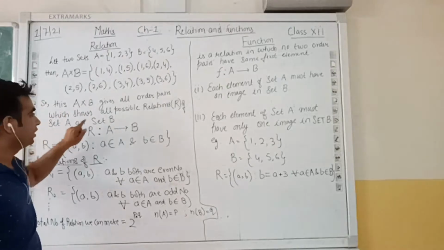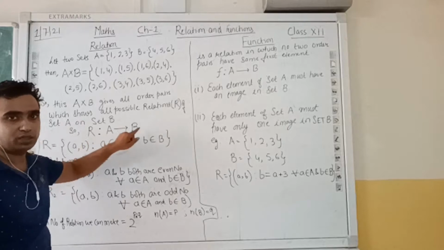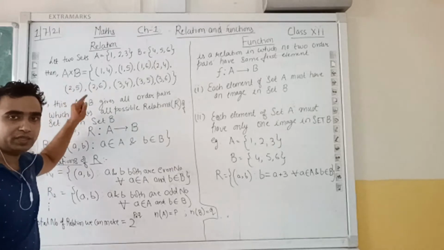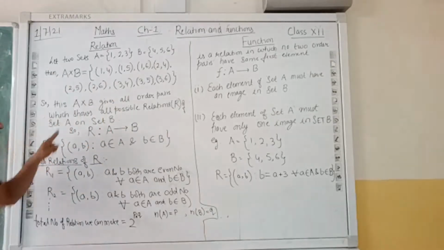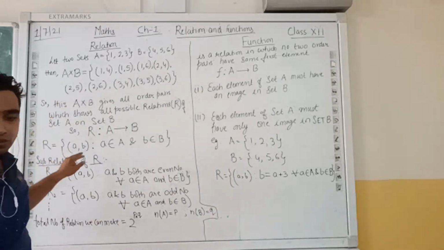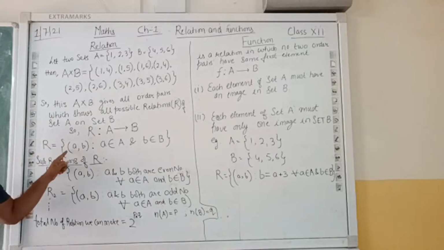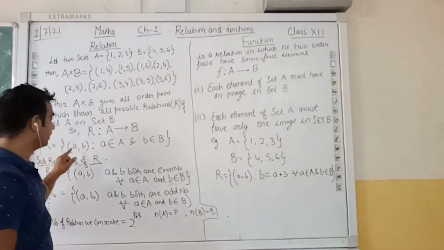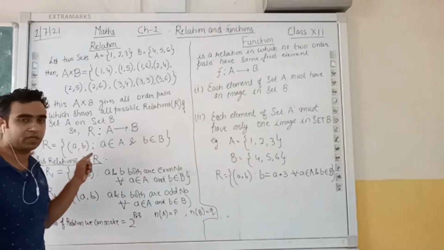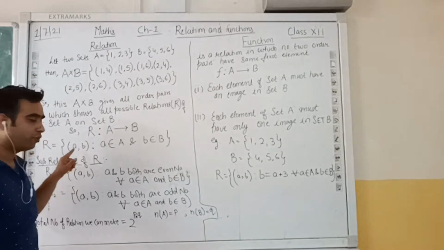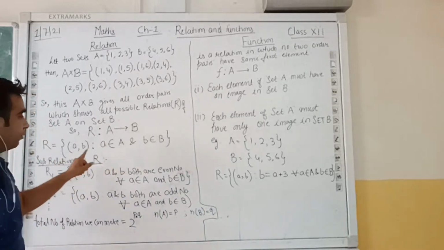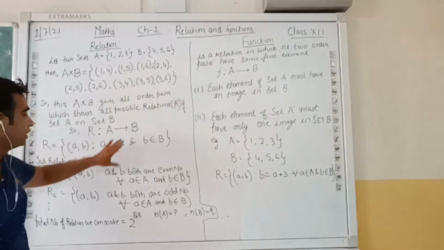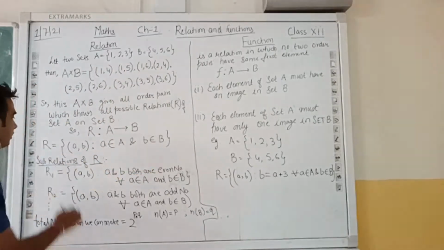Here it shows that a relation from set A to set B is a subset of this Cartesian product, which shows all the possible relations from set A to set B. Now we can represent this relation in set form, in mathematical form: we put curly brackets, and in it we represent the ordered pair a, comma b, where a belongs to set A and b belongs to set B. So this entire A cross B Cartesian product is shown in the form of this relation R.